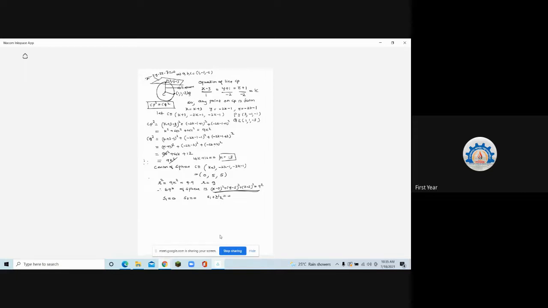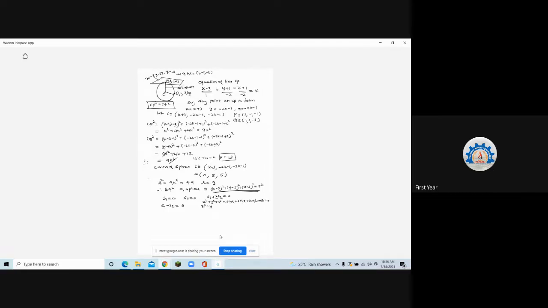लेकिन ऐसी condition नहीं दी है suppose. And I want to find that sphere. Two spheres are intersecting and giving me a circle. Then that circle will also lie on some plane. What is that plane? S1 minus S2 करने से मुझे plane मिलेगा. और क्या मिलेगा? What was the first sphere? X square plus Y square plus Z square plus 2u1x plus 2v1y plus 2w1z plus d1 is equal to 0.